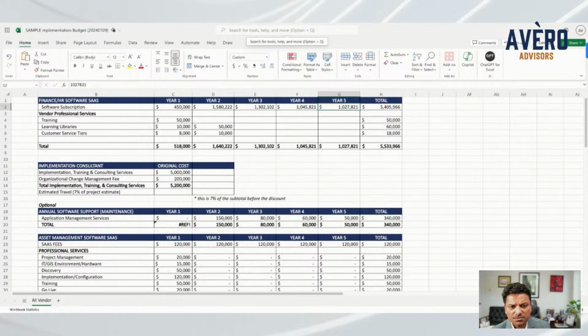Customer service tiers, right? Some vendors will offer you 24/7 service. Some will offer you service that is specific to your time zone. Some will offer service that is only specific to the vendor's time zone. Some will offer you chat features. Some offer nothing but here's our community, we'll make you part of the community and you can ask other users how to solve your problems. All of these things come at a cost.